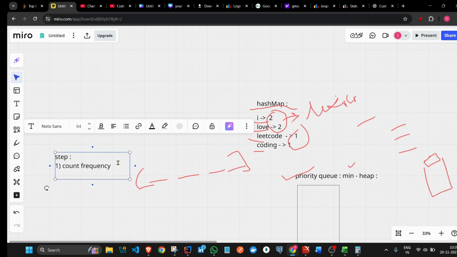Wait a minute. Then the second is the main problem. An important step is sort. The second step is write custom sorting logic, and the third step is store top k